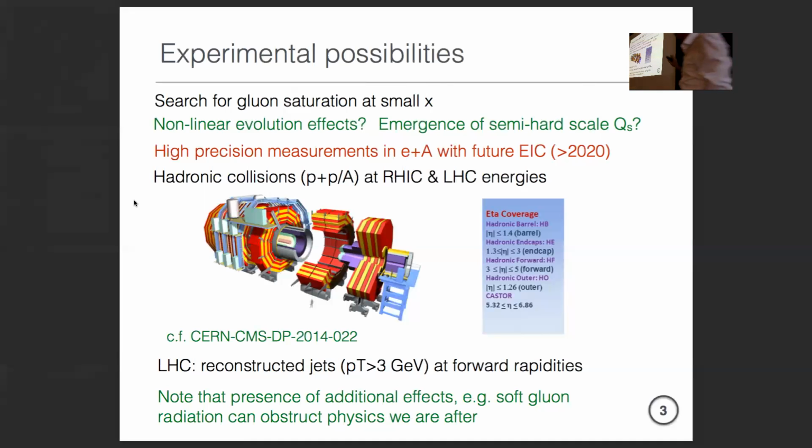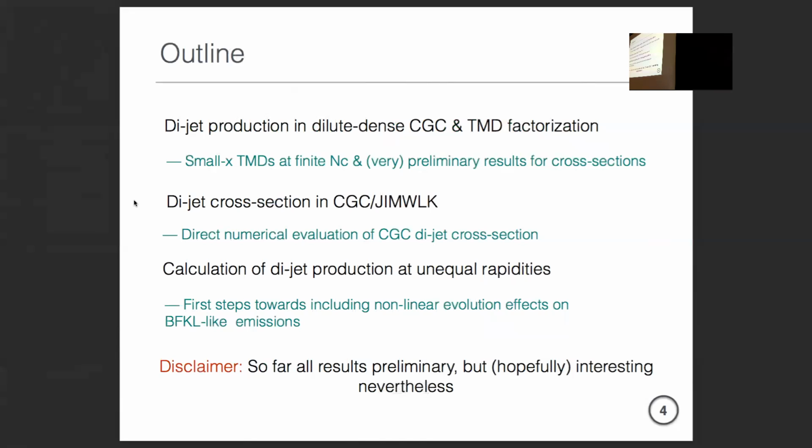Okay, good. So this is the motivation. So now let's go to what I actually wanted to talk about. The idea here is to talk about dijet production in the frameworks that we use and love, right? I'm going to address this in 3 parts. Historically I started from the bottom, but that didn't get very far, so I worked my way backwards to the easier things.